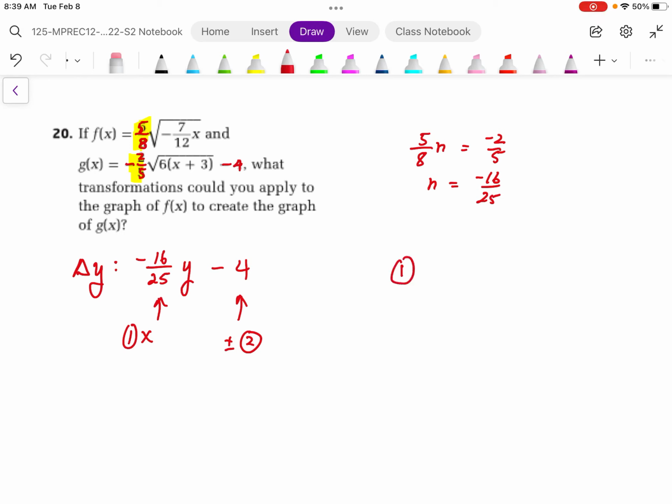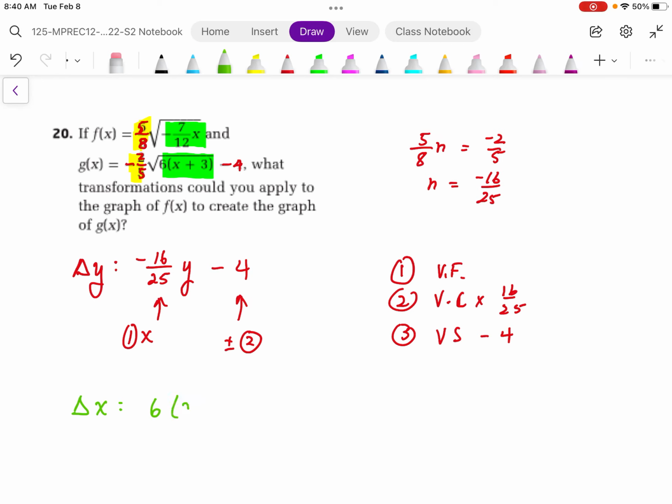So our transformation is going to be a vertical flip. It's going to be a vertical compression by 16 over 25, and then it'll be a vertical shift down 4. So that's our vertical. Our horizontal is a little bit tricky because we have to actually think everything backwards. And one way to do this backwards is really just to keep track of our old x and our new x. So in our transformed expression,